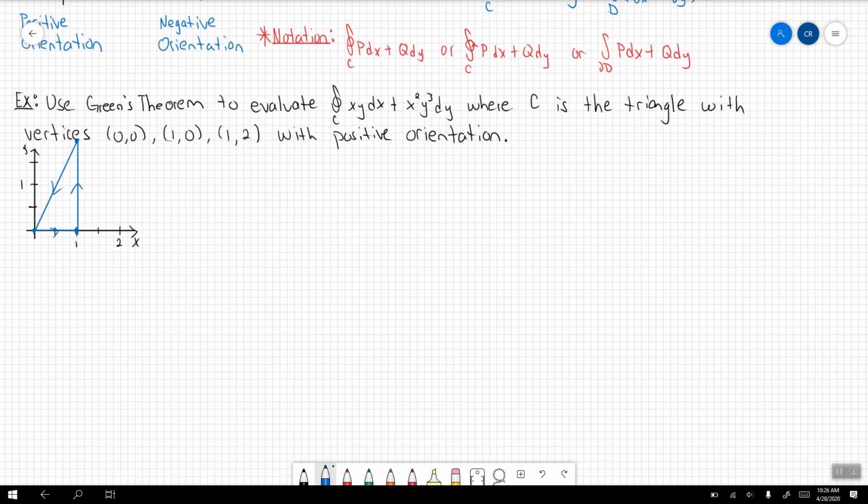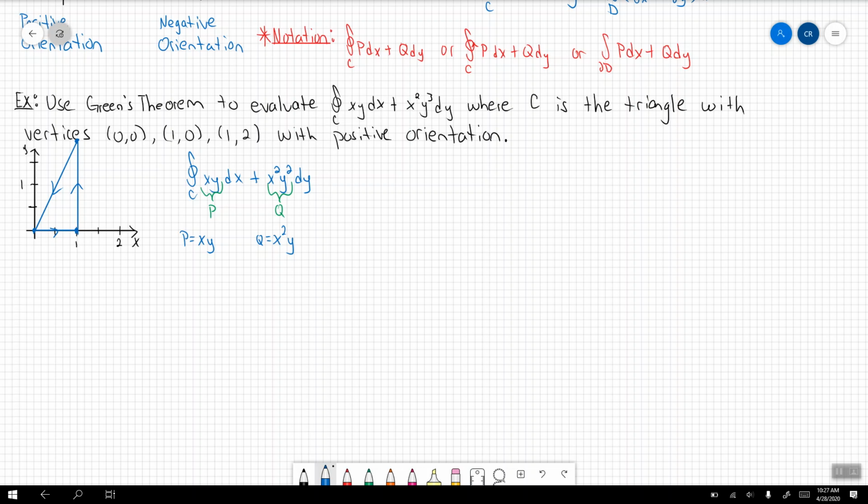So, looking at Green's theorem here, I'm going to start identifying from what I'm given. Within this line integral that was given to me, xy dx plus x squared y cubed dy, I actually have my P and my Q given to me. This here is P, and this term here is Q. Now, why do we want this? Well, we want this so that we can start identifying